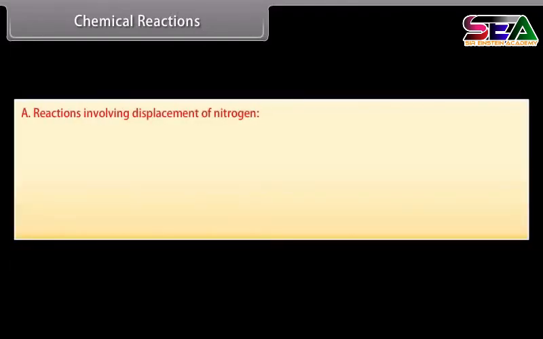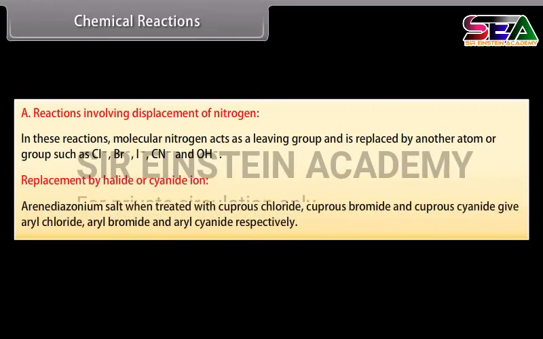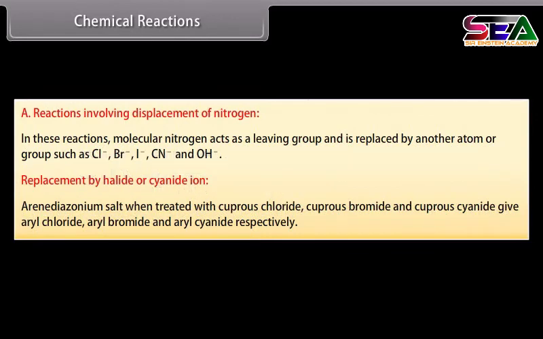Chemical reactions. Reactions involving displacement of nitrogen. In these reactions, molecular nitrogen acts as a leaving group and is replaced by another atom or group such as chloride ion, bromide ion, iodide ion, cyanide ion, and hydroxide ion. Replacement by halide or cyanide ion. Arene diazonium salt, when treated with cuprous chloride, cuprous bromide and cuprous cyanide, gives aryl chloride, aryl bromide and aryl